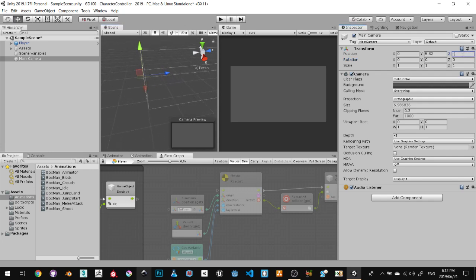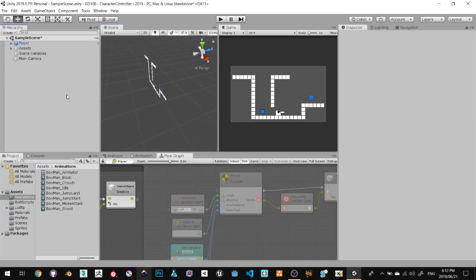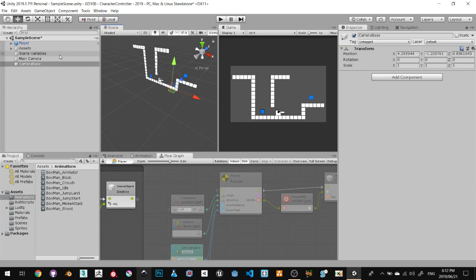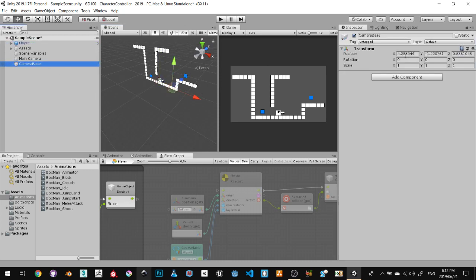So if you are doing it like the way we've done before, where you have an empty, like a camera base, so let's call this camera base. What you're going to want to do is make sure the camera base is where the character is. The camera is at 0, 0, the player is at 0, 0, 0. So I'm going to make sure that camera base is, and then all I'm going to do is parent